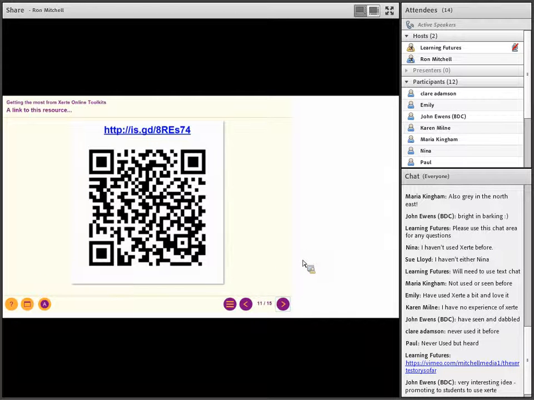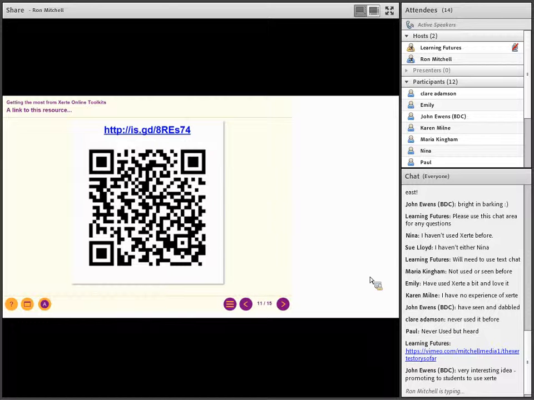Okay, so I'm going to put this link in the text chat, but if you do have a QR code reader on the machine that you're using, or on a tablet or mobile device, you could scan that QR code, and the link is in the text chat, and that will open this learning resource that I've been using to present with. So I suggest, just for 2 or 3 minutes, explore some of these examples.